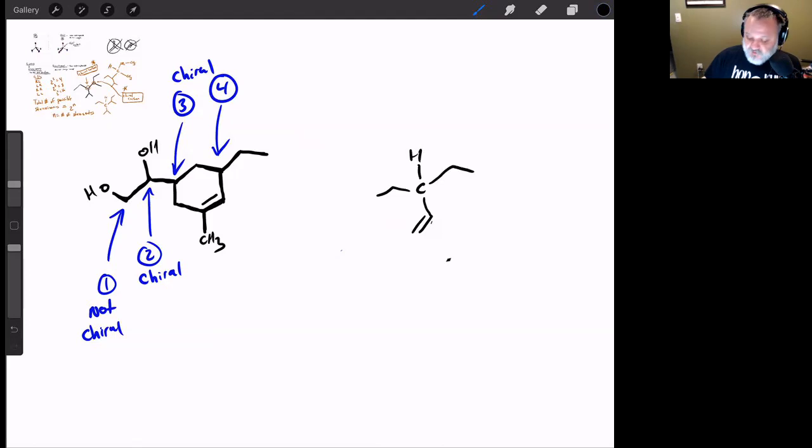And so this carbon is also chiral because it's connected to 4 different groups. And so what you're going to have to do is take a look at different molecules, and you're going to have to be able to identify the different types of carbons and see if